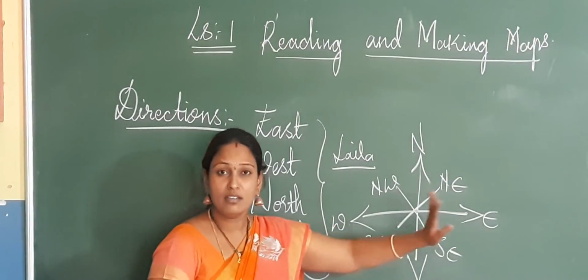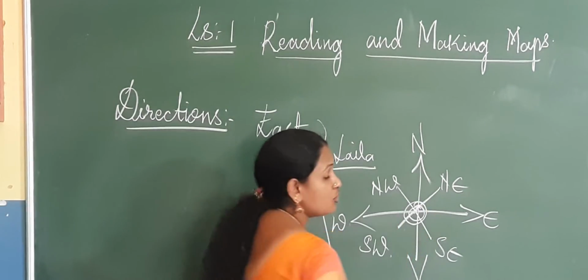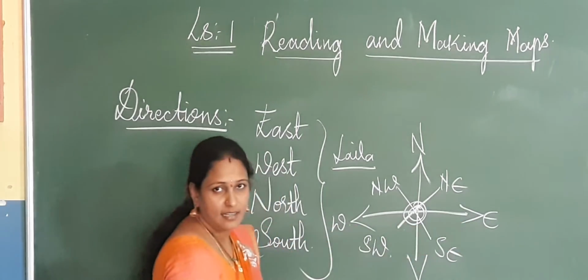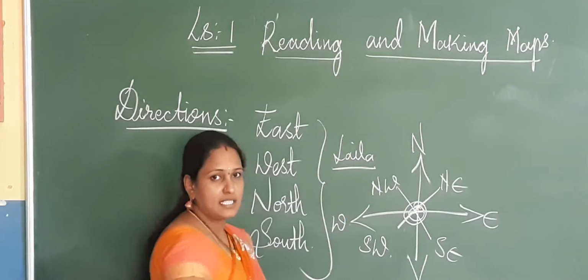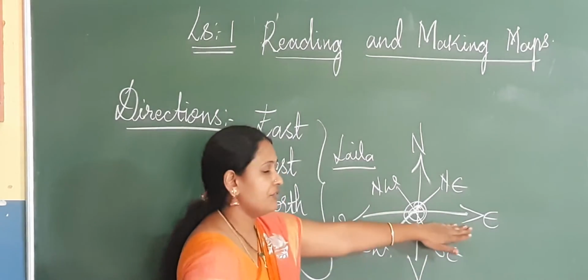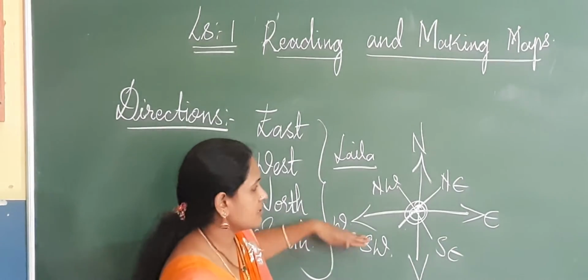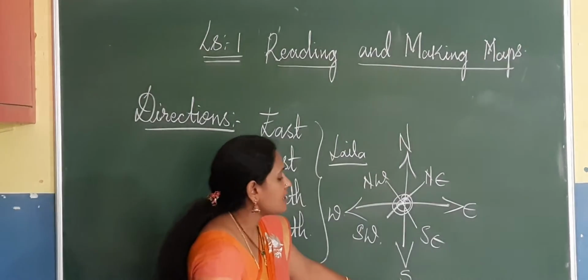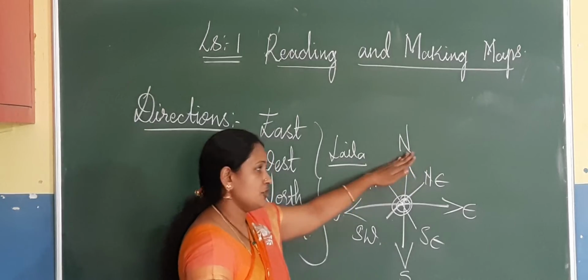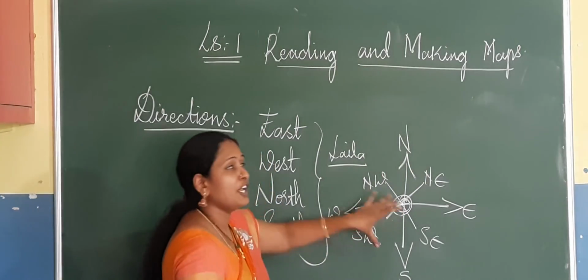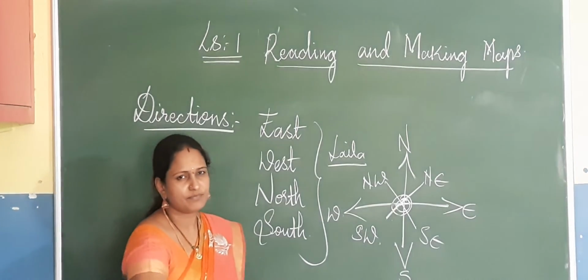Always the sun rises from the east, right? So in the same way, this girl, Malika, was standing on the terrace facing east, right? So she started learning about directions by facing east. Even I am facing this side, right? So opposite to the east side, there will be a direction called west. On the left, it will be north. South will be the right side. So by this, you can learn about directions easily. In this way only, this girl Malika had learned about the directions.